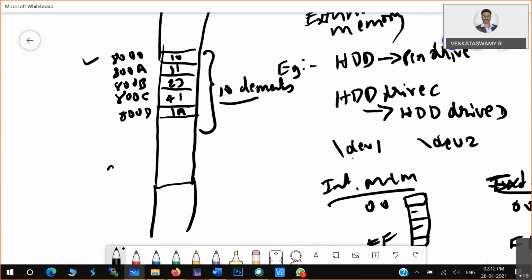Maybe 9000. 9000 is some other place in memory. What you have to do is shift this entire data to some other memory location. When you do that, the entire data will come and sit in this particular place. You understood, no? This is what we are trying to do in this experiment.